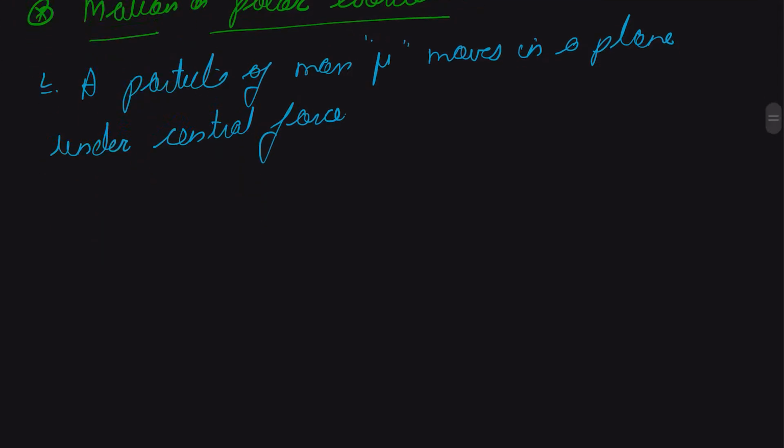And we can write that as F equal to F of r, and for direction we can use our r unit vector. Okay. And this is a central force, therefore we can say that there will be no torque,